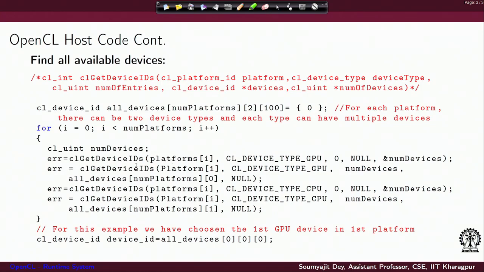With this call, as you can see, the structure is again similar. You have the same kind of call made twice. First you discover the number of GPU devices that you have in this platform, and then you make the second call again with num devices initialized. So, it looks similar, platform, right, and then